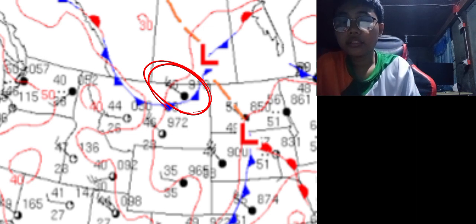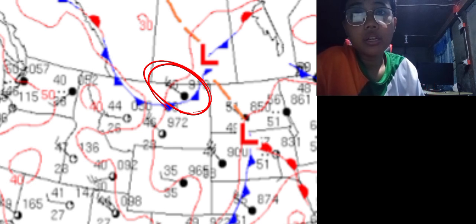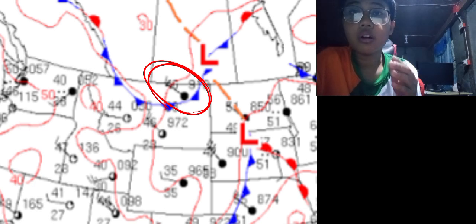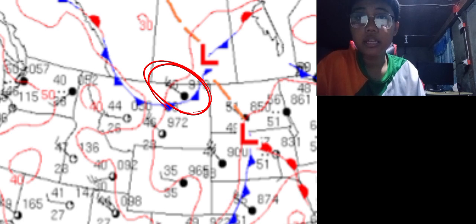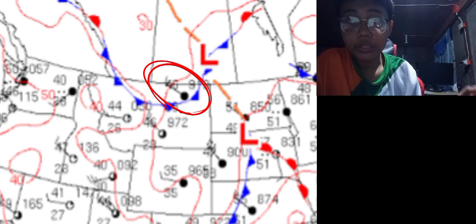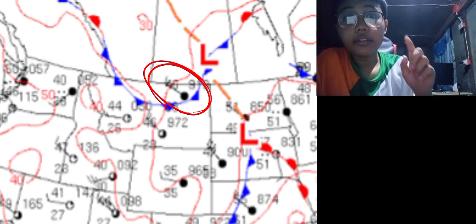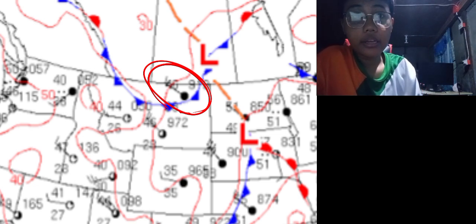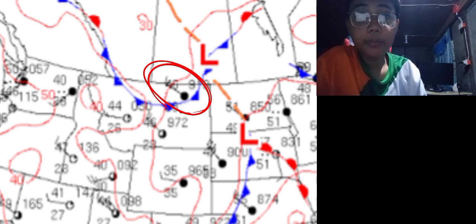Now, let's take this wind barb for example. This wind barb is pointing north with 2 long feathers on it. What does it mean? It means that the air is coming from the north, and since it has 2 long feathers, you can add the 10 knots or 18 kilometers per hour twice, meaning that the air is moving at 36 kilometers per hour from the north, bringing colder air with it.